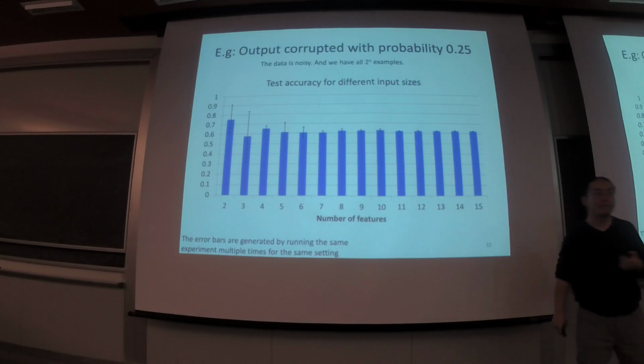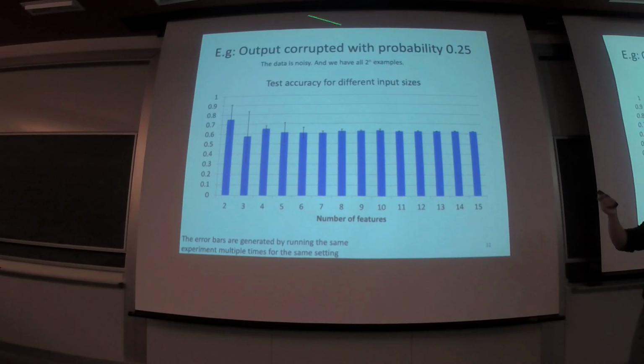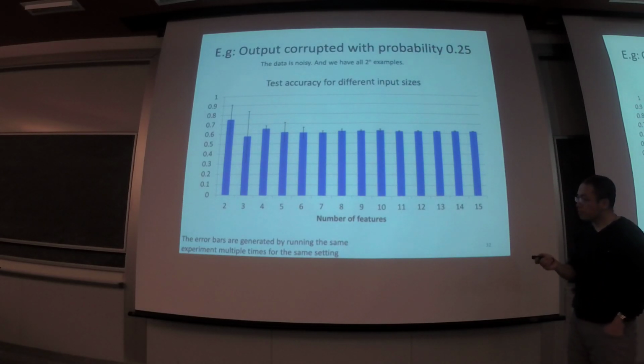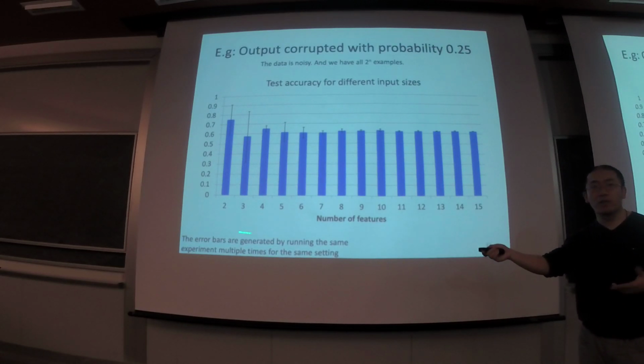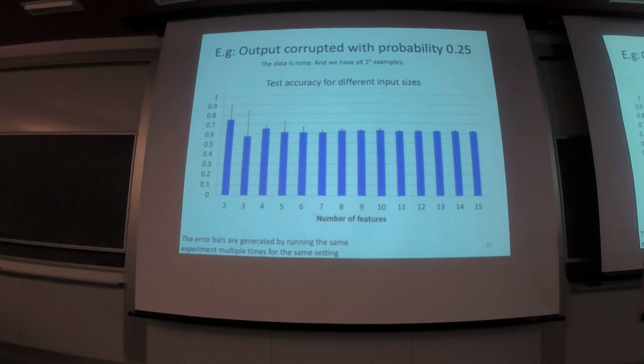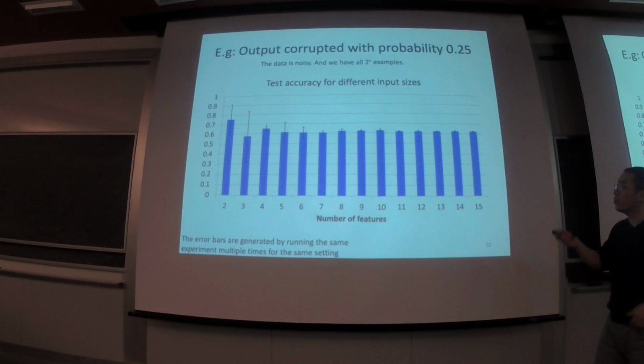Here's the result. So, we assume the outputs are corrupted in both training and test examples with probability 0.25, or 1 over 4. And then we examine how the test accuracy changes when we vary the number of features in our Boolean functions. So these are standard error bars. You can imagine when we increase the number of features, the entire instance space gets larger and larger. 2 features, the entire input space is 2 to the 2, right? 4. 3 features is 2 to the 3. And 4 features is 2 to the 4. So actually the instance space grows exponentially larger and larger. Right? So you can imagine, okay, the prediction will be